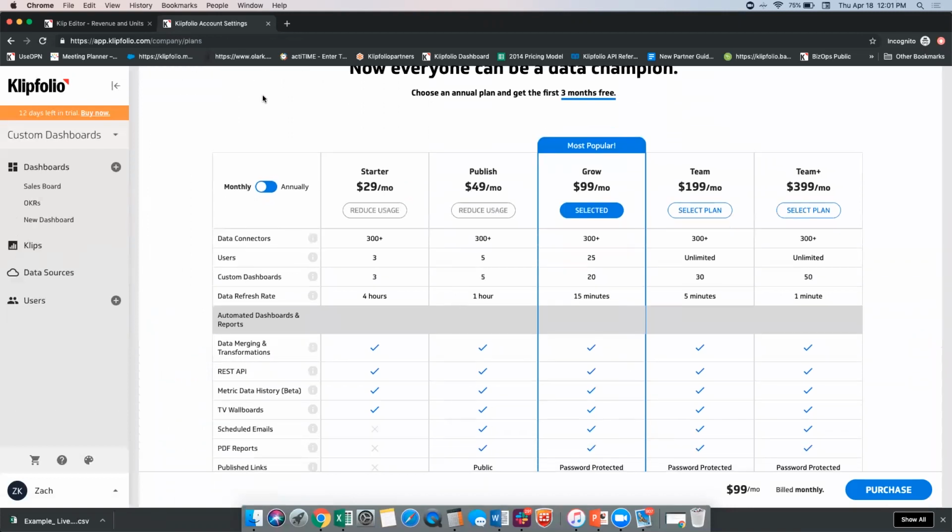So I mentioned that Klipfolio allows you to really work with an unlimited number of data sources, and that's true. All of our pricing plans allow you to leverage all of our different connectors, so there's no limits there. And all of our pricing plans allow you to create as many different distinct data sources as is required. The one factor that we looked at today that does play a role in our pricing is how often that